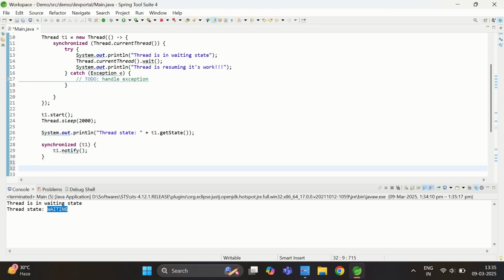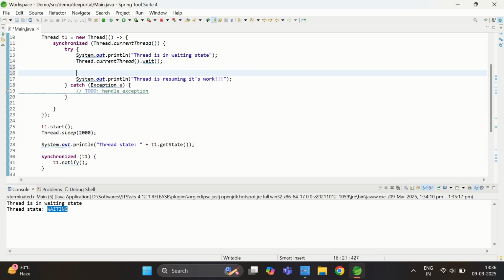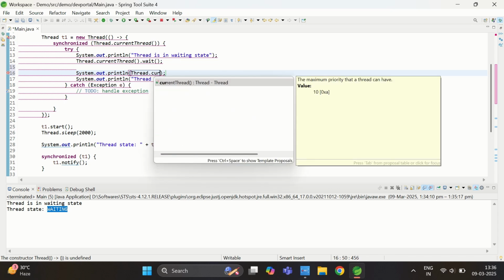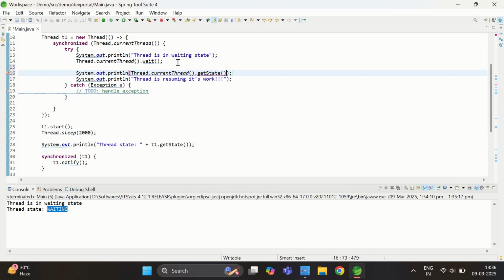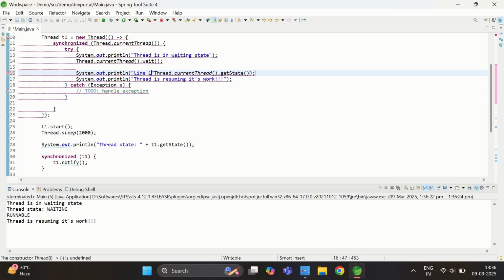So after that I will print the state of a thread again, sysout, or not from here, I will print the state here itself. So I will write sysout, and here I will write thread dot current thread dot getState, so that you know once it got resumed what state it is printing. So let me execute this method again, and now you can see thread is in waiting state, then it has written thread state is waiting, and then runnable, which is picked from this line number 16. Let me add here as well line 16,